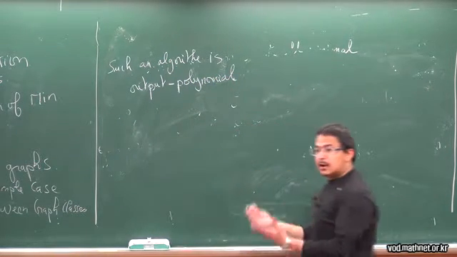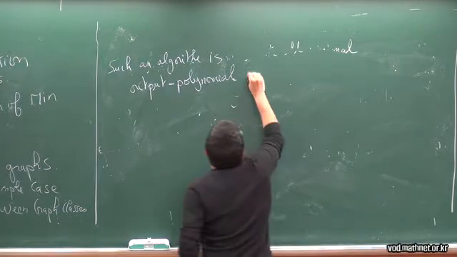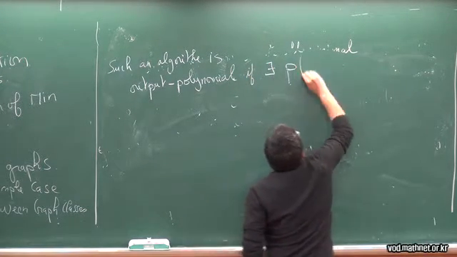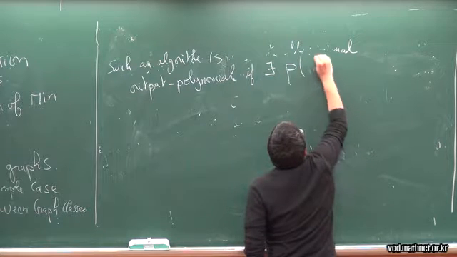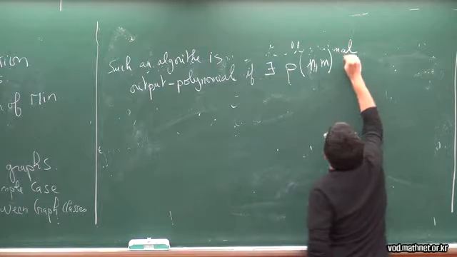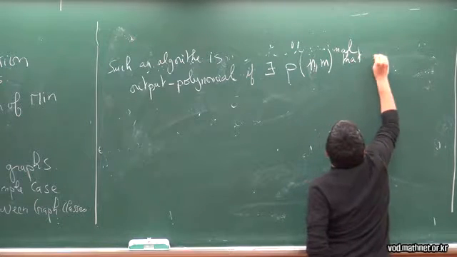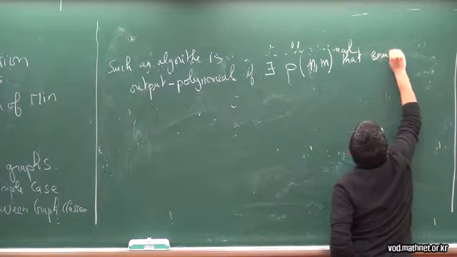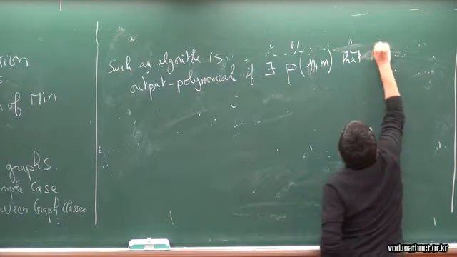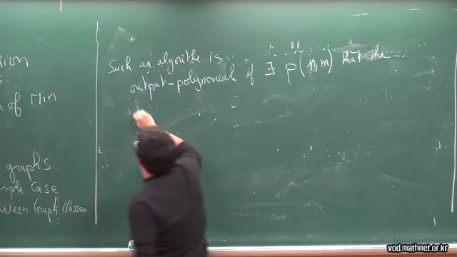Okay, we say that it's output polynomial if there exists a polynomial such that the time complexity is bounded by